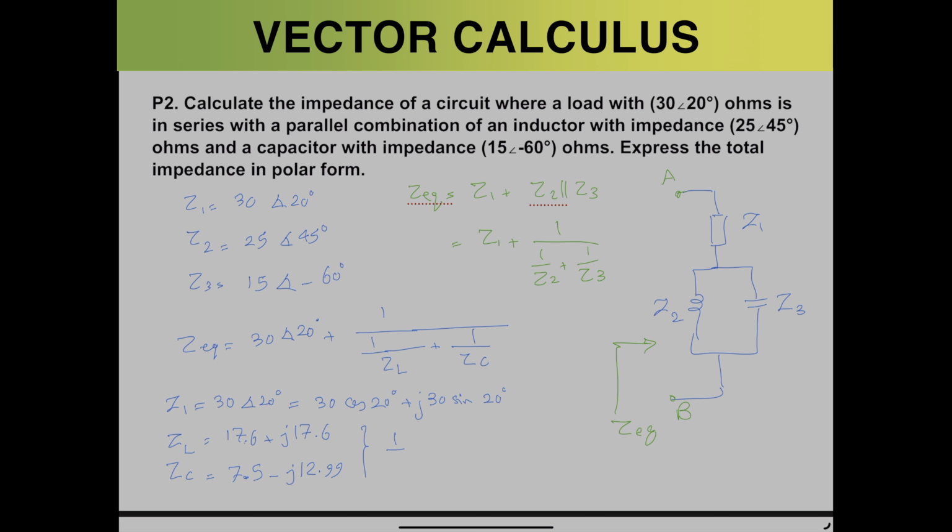So if you simplify 1 over ZL plus 1 over ZC using the calculator, you would get the value of 0.062 plus j0.029. So that is what the denominator is saying. That's 1 over Z parallel. So when we reverse that to get Z parallel, we will have